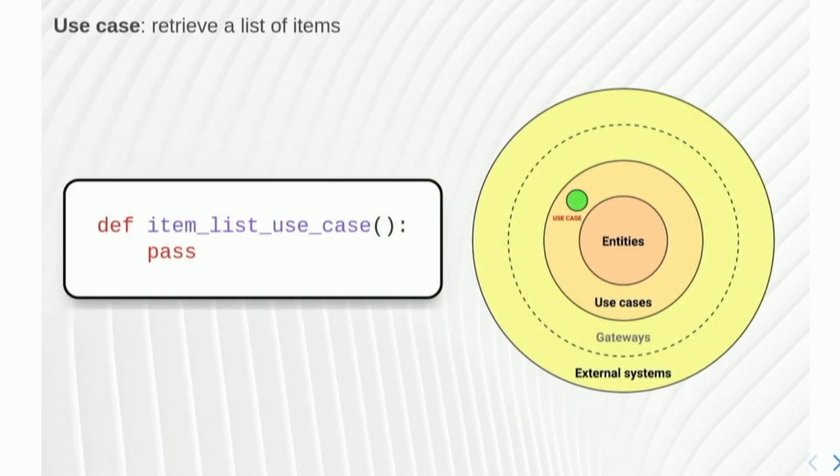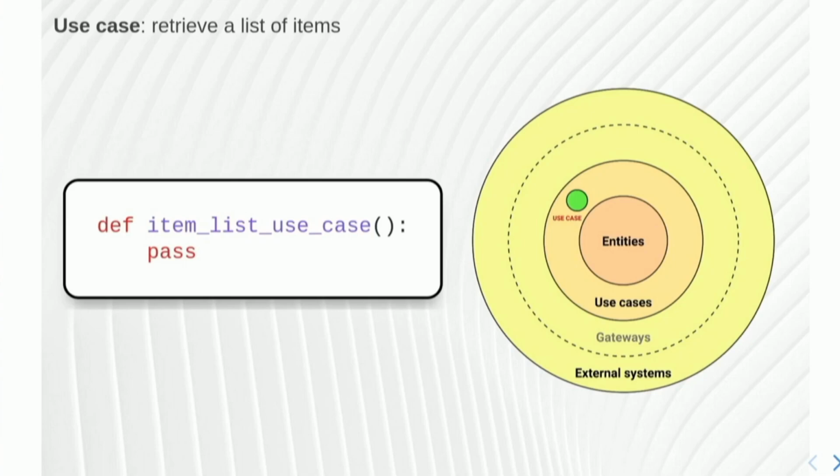So the example today is simple. The code I will show is Python. It's valid Python, but I stripped all the error checking, a lot of things that are not useful for now. Obviously, the real code is a bit more complicated. My use case is to retrieve a list of items. It's very simple. When do we want to retrieve a list of items? Don't know. You have a social network and you want to retrieve a list of posts, right? Or you are Amazon, you want to show a list of proper items that you are selling.